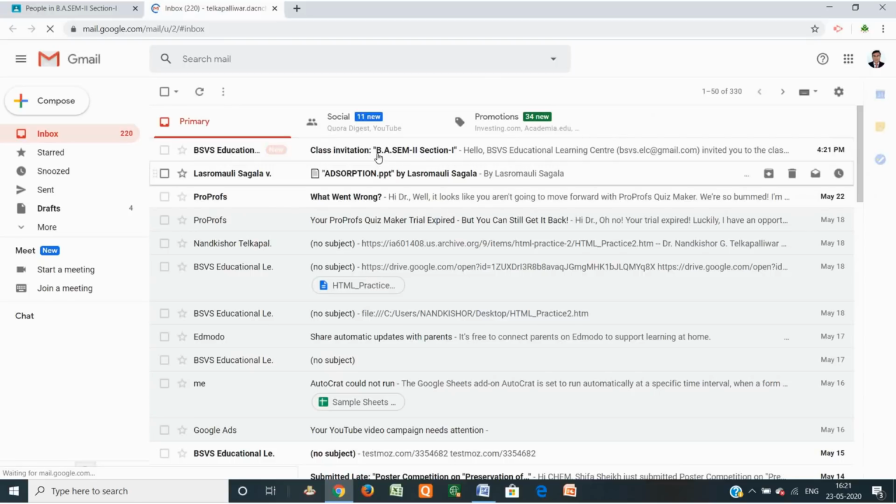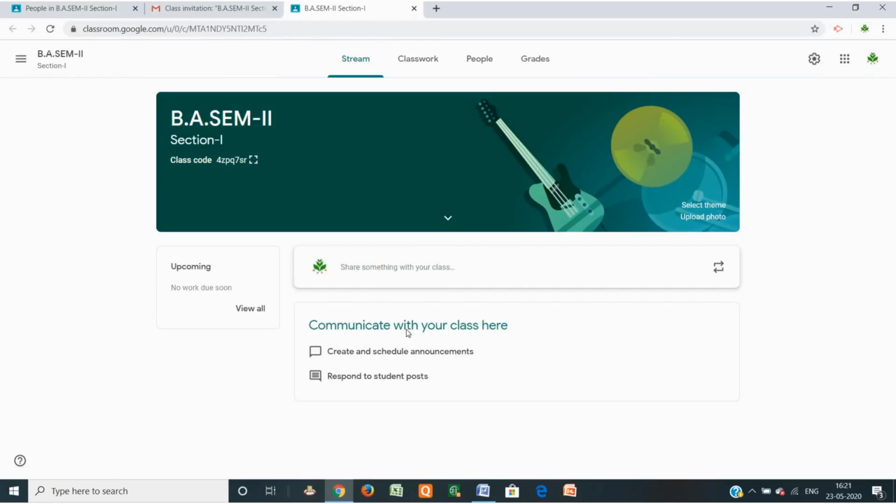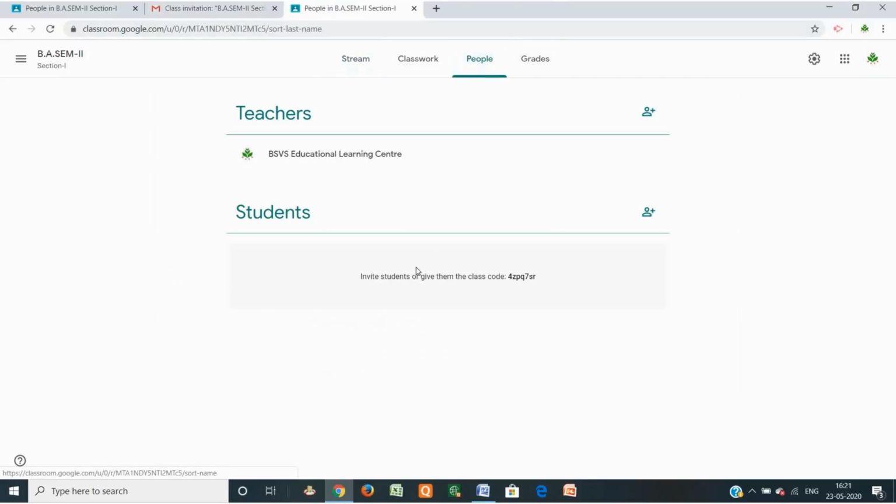So this is the invitation, and just join the class. So this is the student platform after joining the class. In this way, if you see here people, one student, invite students to join. You can also give the code to the students, or when you go in the classroom, just write down the code on the blackboard or whiteboard, and students by entering this code can join the class. So this is the joining of the class.